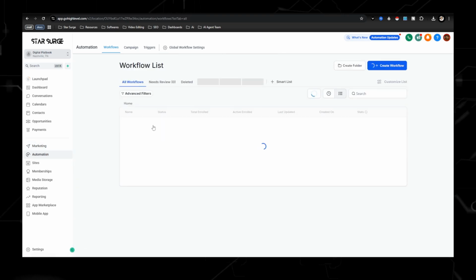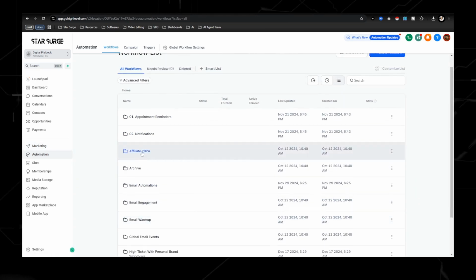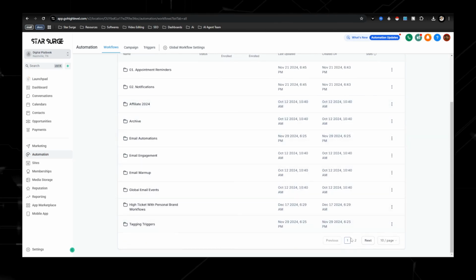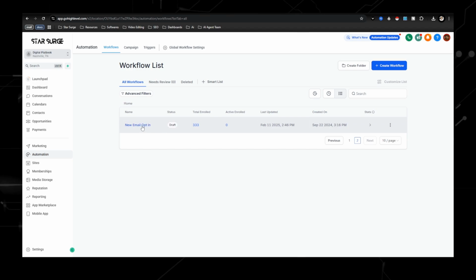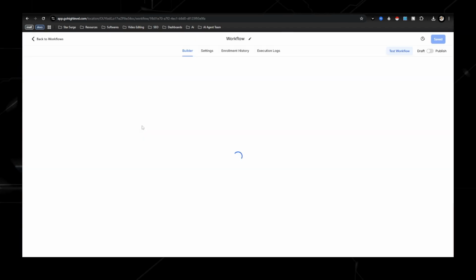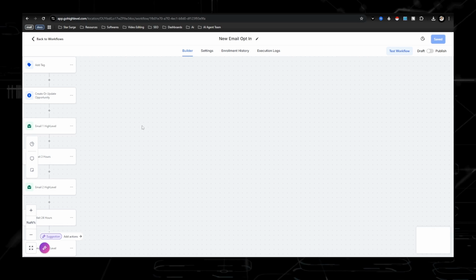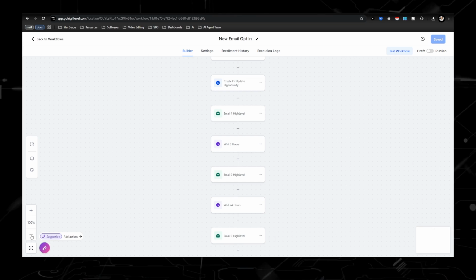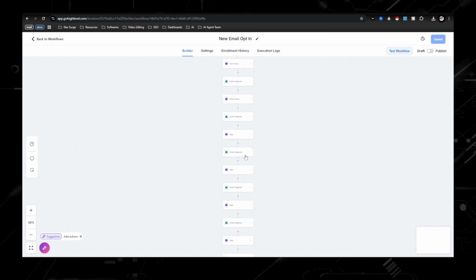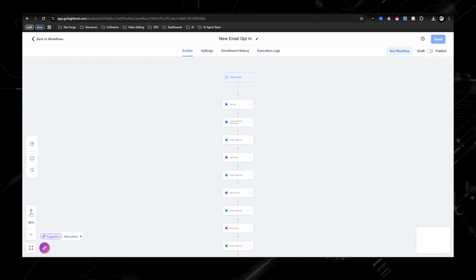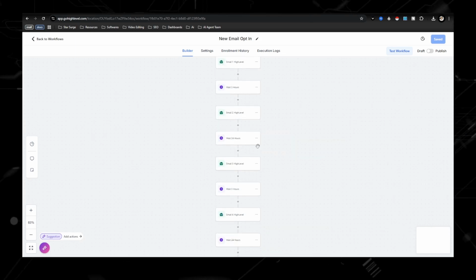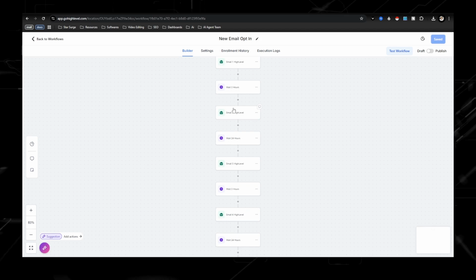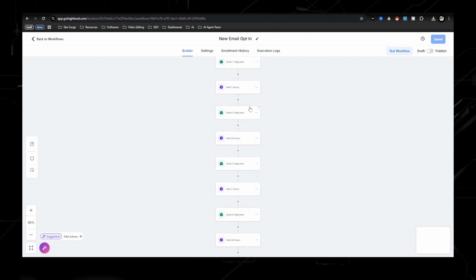Now you're going to have all of these different email automations, but depending on if you're familiar with this software, familiar with email marketing, I have one called the new email opt-in. Well, if you're new and you're not very advanced yet, use this sequence, because I have 60 emails already built out for you. Now they are promoting Go High Level. So if you obviously aren't going to be promoting that, all you need to do is just go in here.